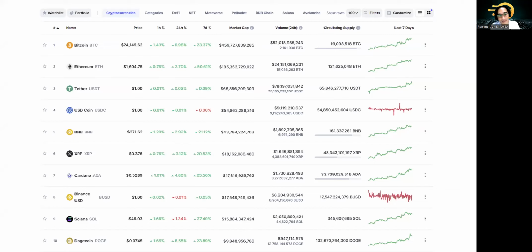It's going up right now. Yesterday, Bitcoin was at 22 and then it hit 24 last night, and then it's going down again. It's 23. It's a market cycle. It's been there for several months now. Dogecoin is always in the top 10. And that's a meme coin. It's not even a legit project. It's Elon Musk that pumps the price.